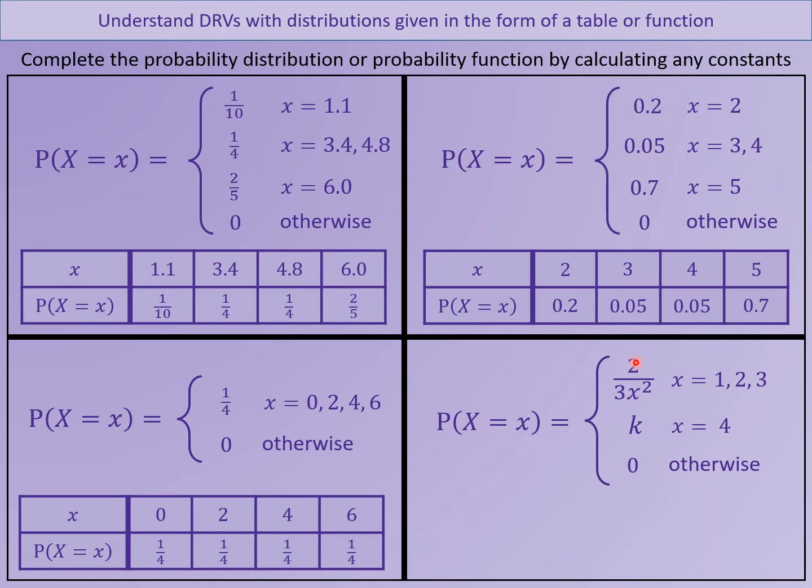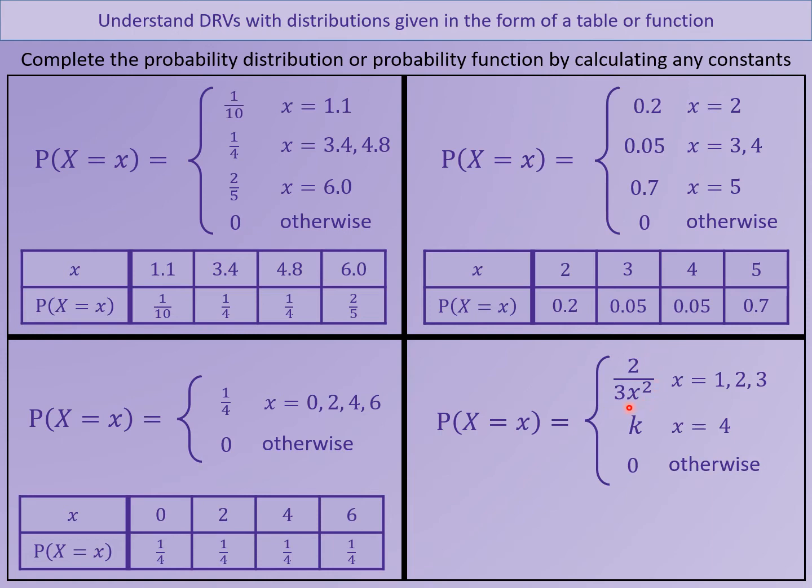For the 4th question, we have been given a formula here for finding the probability for these 3 x values. So when x is 1, the probability will be found by substituting x equals 1 into this. So 2 over 3 times 1 squared, the probability will be 2/3 when x is 1. To find the probability for x is 2, we would substitute 2 in for x. So we would get 2 over 3 times 2 squared. This would be 2 over 12, or 1/6. And for x is 3, we'd substitute 3 in here to get 2 over 3 times 3 squared, which is